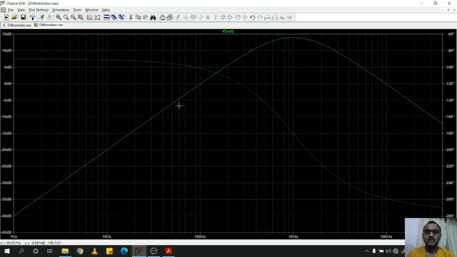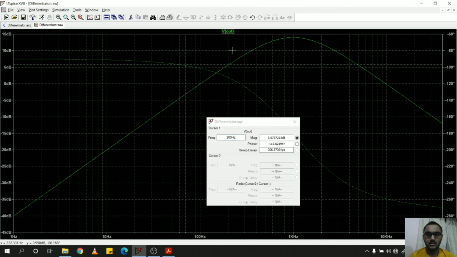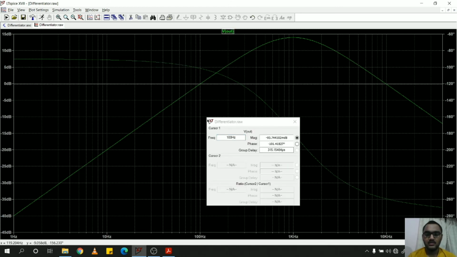As you can see, here is the frequency response of the differentiator. The gain of the system increases with increase in frequency. Let's check the value of gain for the frequencies FA and FB in the waveform. The frequency equal to 100 Hz is the value of FA for our designed circuit. The gain is approximately equal to 0 dB,